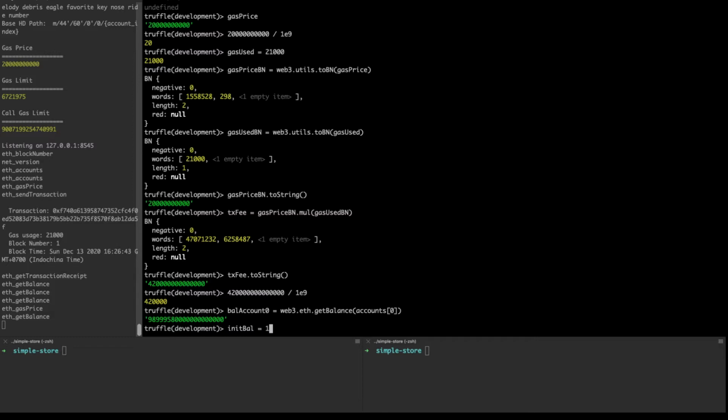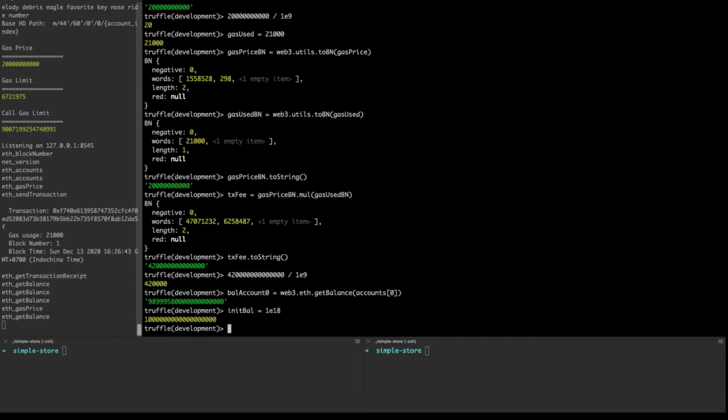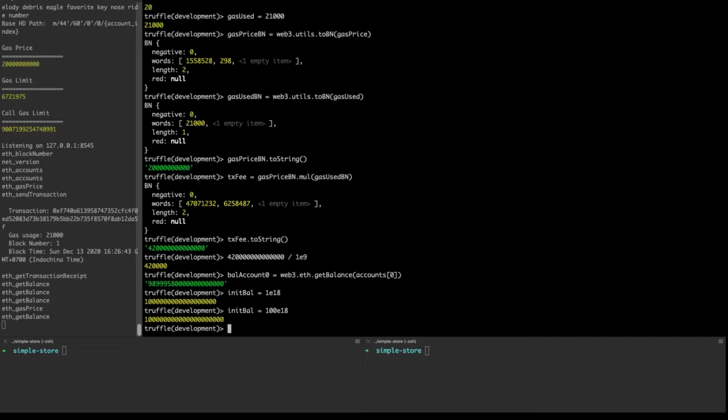So the initial balance is 1E18. I'm sorry, not 1E18. It's 100 ether. So we're going to start with 100 ether. That's our initial balance, and we want to take off 1 ether, and we want to take off the gas. So let's say subtraction amount is equal to the amount of